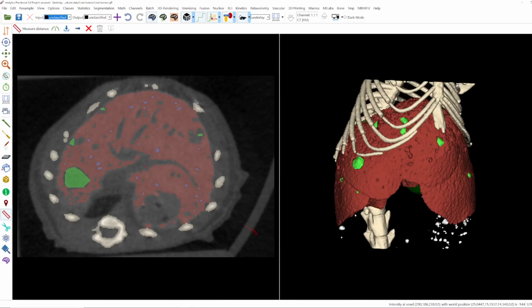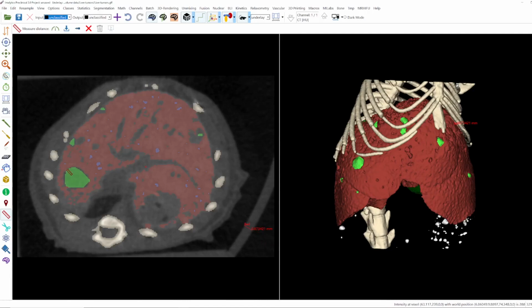You have to press on one point with the left mouse button, then you hold the mouse button and perform your distance measurement, and when you release it, you can name it. By default, the name is given as distance 01, 02, 03, but you can rename it. I will name it bed. And now we have here the thickness of the bed.